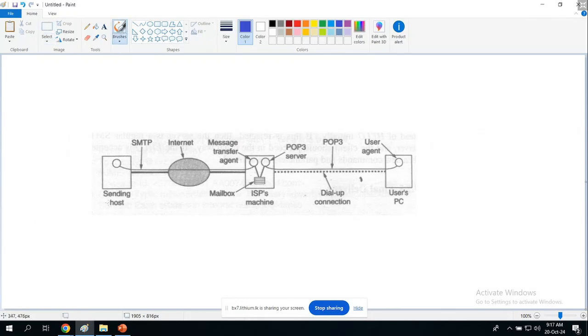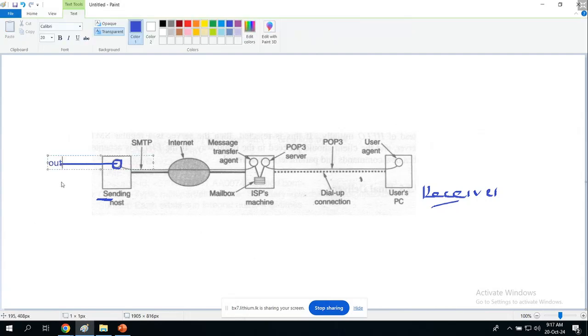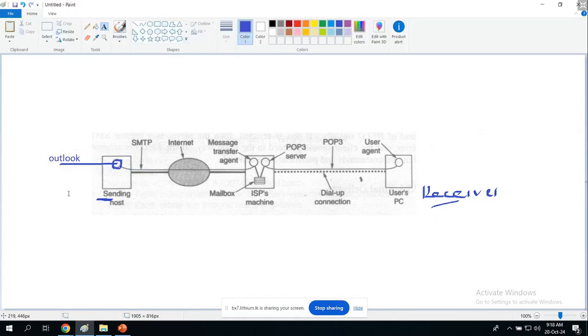So you have here the sender, and you have here the receiver. So the sending computer and the receiving person is here. The sender, you can see here just like a cinema ball. So basically in the sender's computer, you will have to use an application, example, Outlook. And you open Outlook, and when you try to send a mail to Ravi or somebody,